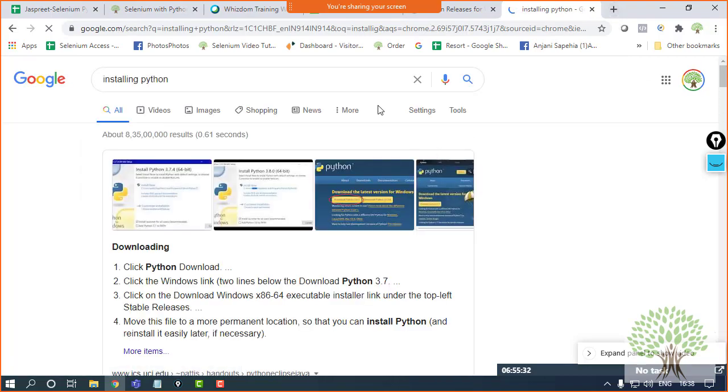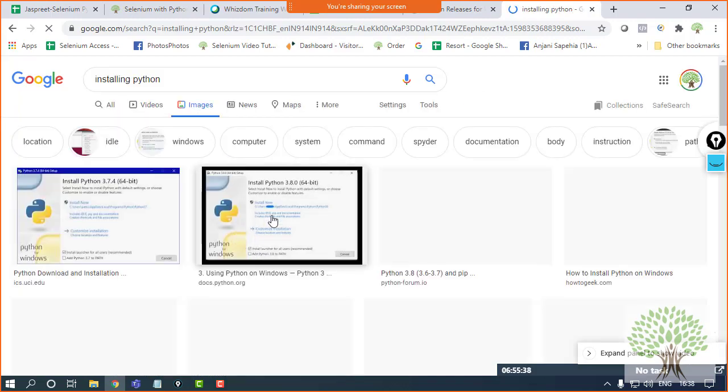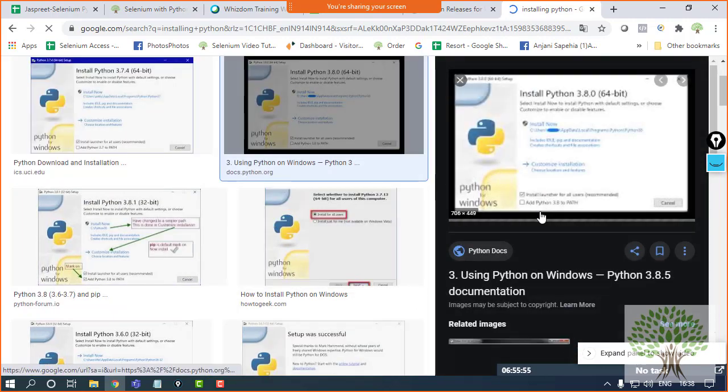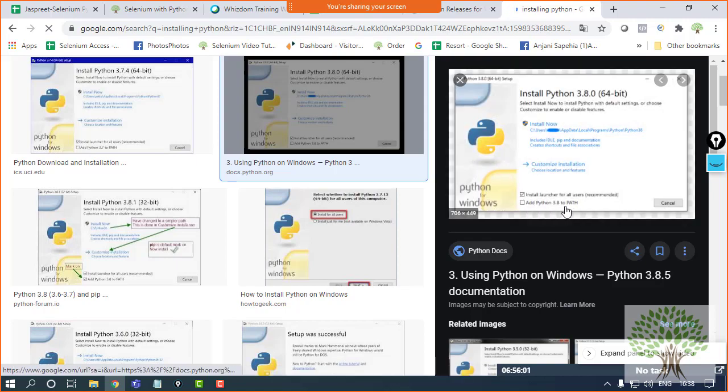There is a checkbox that you need to check. If you check that checkbox, the path of Python where it's going to be installed is automatically added into the system variables. You don't have to go manually and add it into the variables. This particular checkbox I'm talking about, add Python version to path. If you check this, automatically wherever your Python is being installed into your system, the default path will be given over here. That will be added to the system variables and you are good to go.